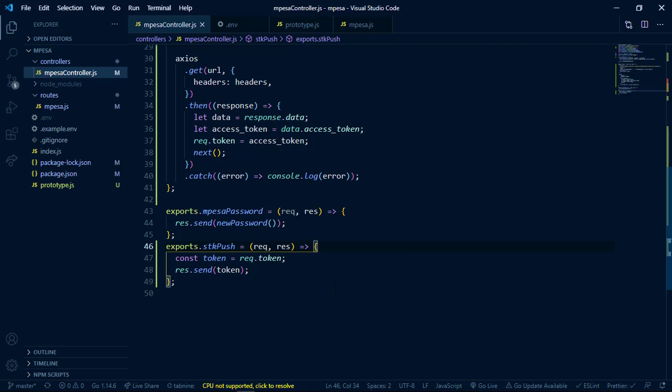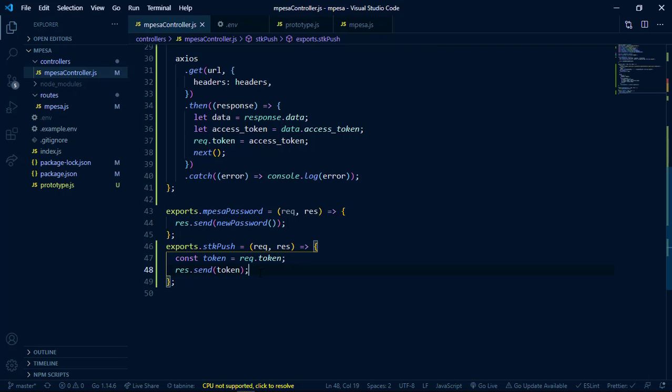Well, so let's start talking about the STK push. So what do we need? STK push, this method is where we are going to send a request to a particular route, and you have already set up that route, which is this one, and we are going to do a request to the Daraja API, that is M-PESA Daraja API, and that API is going to do a push or a pop-up on the user's